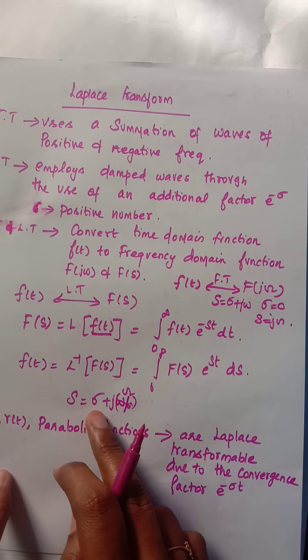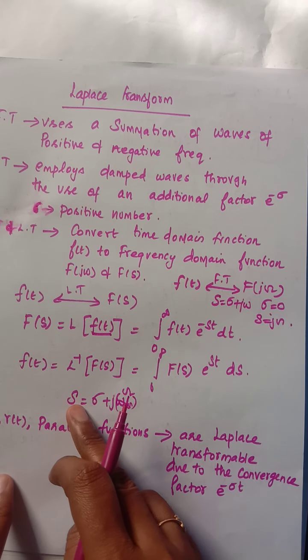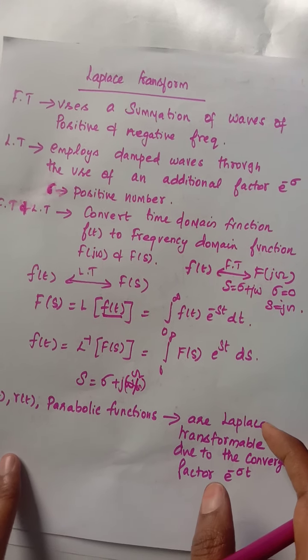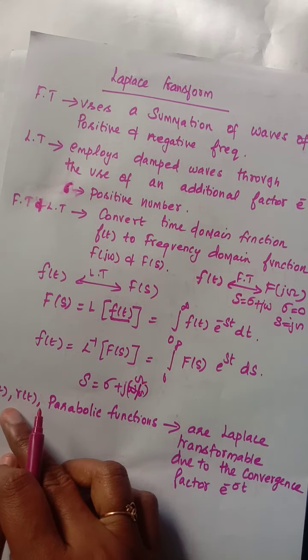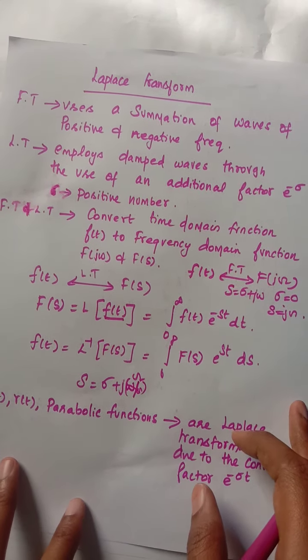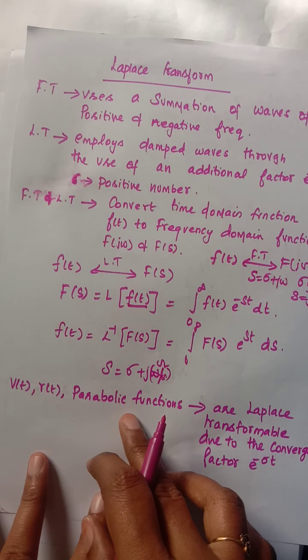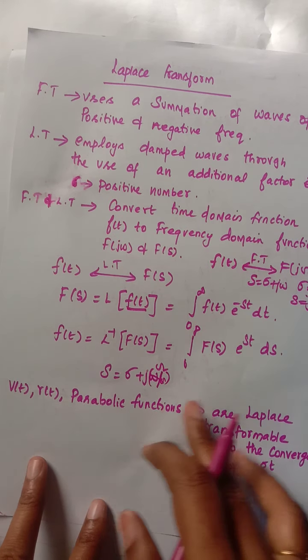So s is equal to sigma plus j omega in this case, where sigma is a damping factor. In addition to this, we are going to use this sigma, where j omega is replaced by s, where s is equal to sigma plus j omega. Another case: we can apply the Fourier transform to these waves, but when you apply the Fourier transform to these waves, it is not absolutely integrable,